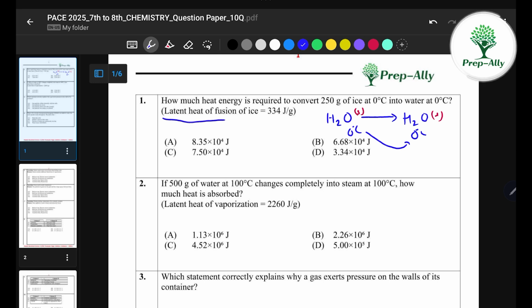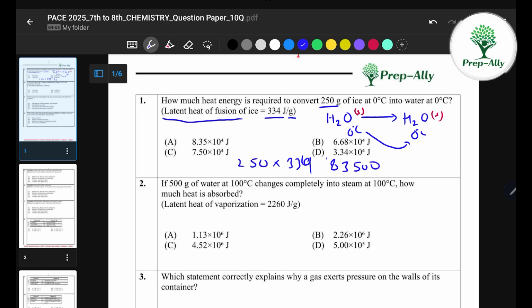And we can see latent heat of fusion is given as 334 joules per gram. So it is given for 1 gram. For 250 gram we can directly multiply it by 250. So our final answer will be 250 multiplied by 334. It will be for this particular process. So we can check what will be the answer after multiplying these two numbers. 250 multiplied by 334, the answer is